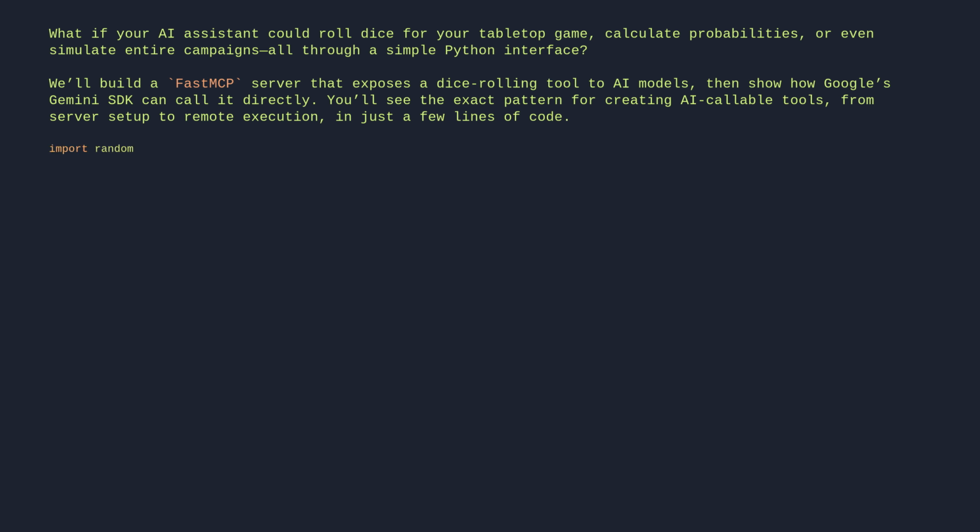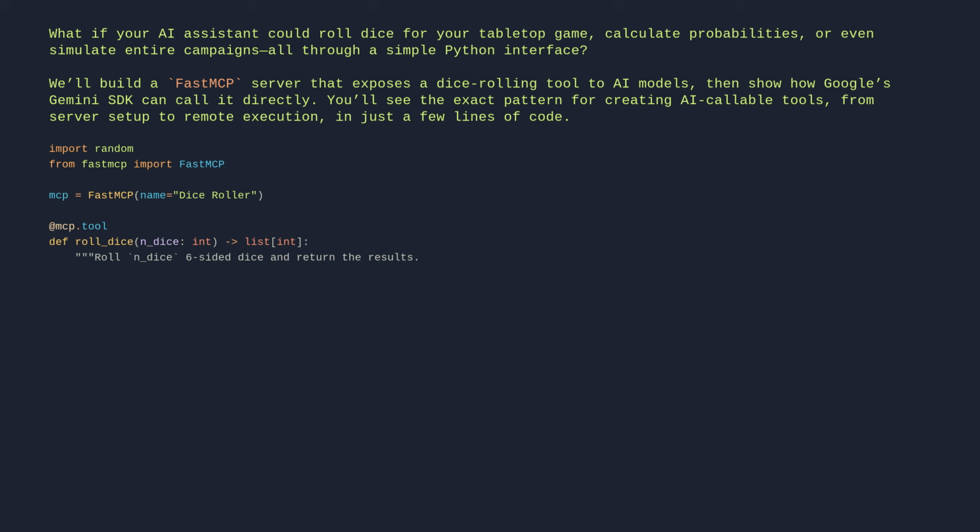import random. From fastmcp import FastMCP. mcp = FastMCP(name="dice roller"). @mcp.tool def roll_dice(n_dice: int) -> list[int]: Roll n_dice 6-sided dice and return the results. return [random.randint(1, 6) for _ in range(n_dice)]. if __name__ == "__main__": mcp.run()